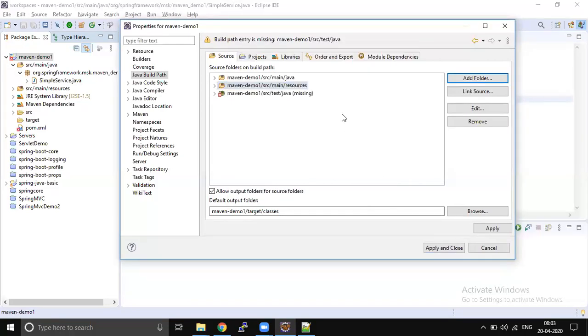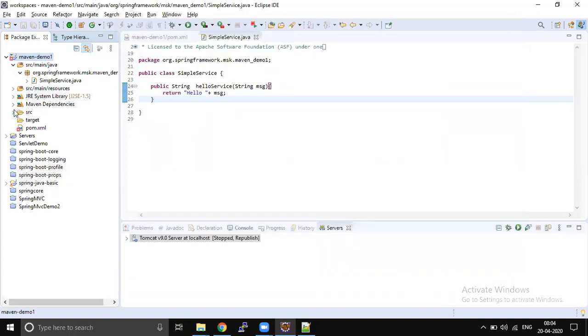Why I'm explaining again and again is because I'm going to use this whenever we develop SOAP web services using Spring Boot. At that time, we generate some Java files. Those Java files will be present inside the target folder, but I can start using them inside src/main/java.